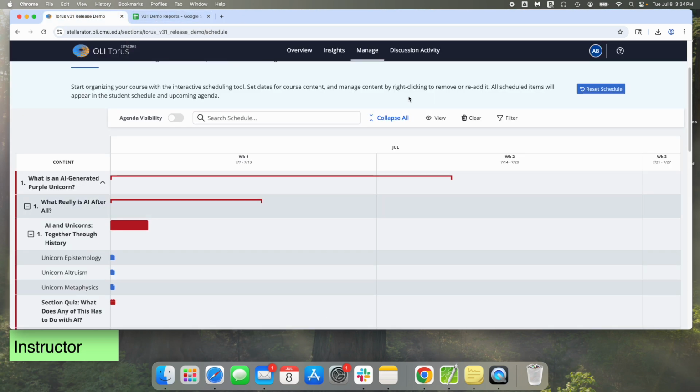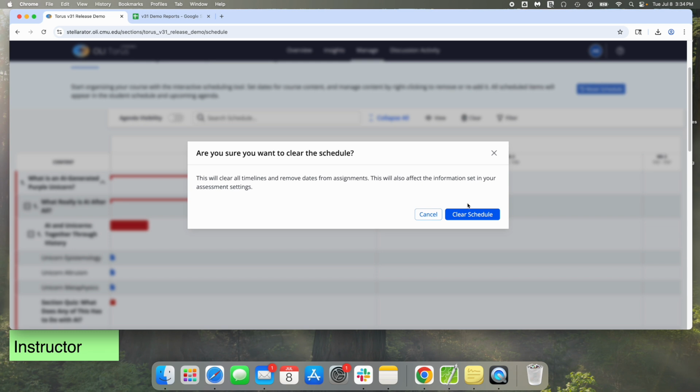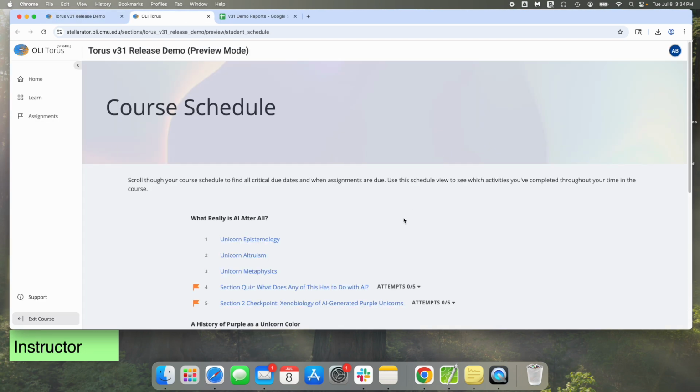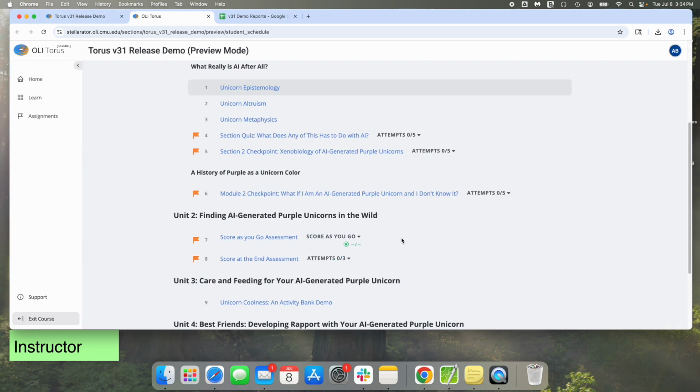One thing I think is a little bit odd here is if I clear the schedule. So now, again, I'm unscheduled. It's a self-guided course with no particular schedule, and I go to view schedule. It still shows me this schedule page, but